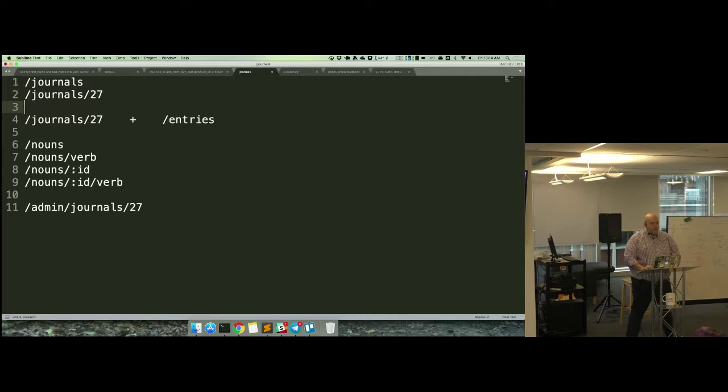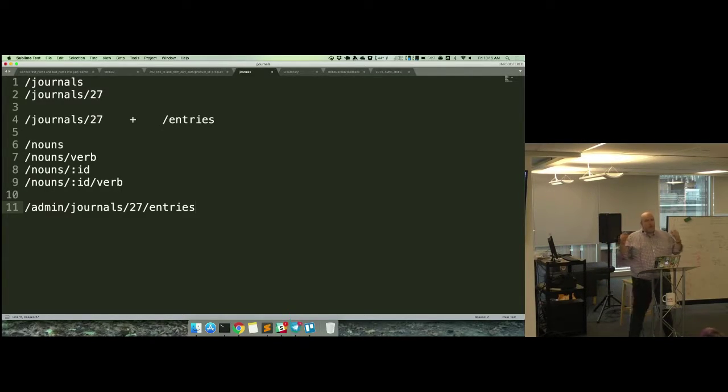And then if I do /journal/27/entries, I'm still looking at /journal/27, but now specifically I'm looking at the entries, which is associated data in that context. And then if I go /admin/journal/27/entries, I'm now in the context where, in this case, I am administering the entries that are associated with the journal whose ID is 27. So nested resources and namespaces allow us to refine that